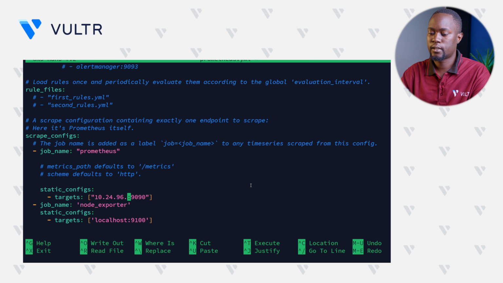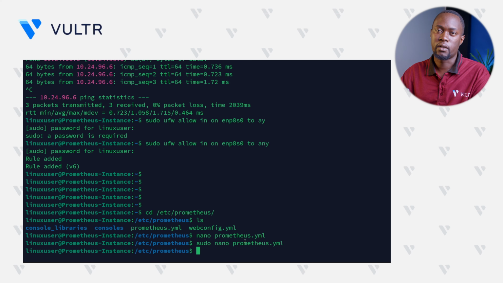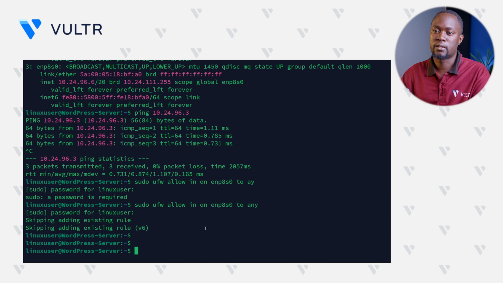So which is 96.6, and we'll like the Prometheus port which runs on 9100. So we have set up Prometheus to actually capture some data from the WordPress server. However, this will not capture any data since Prometheus expects a /metrics endpoint on this server. So to do that,